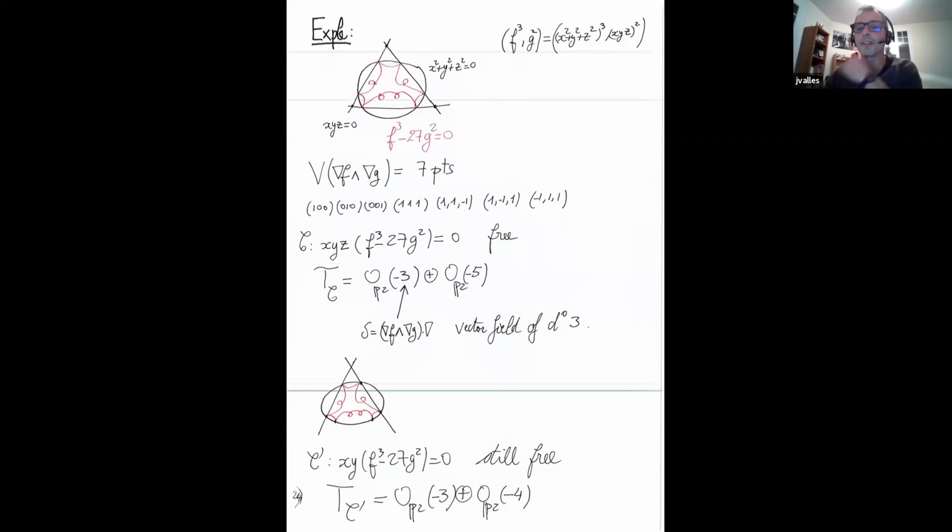I don't know. This is a good question, but what is still true is that if you put together all the more singular members, then it is free. And what we try to do is to obtain the least number of members possible. That's why we were happy with this x, y, zeta, f3 minus 27g2. It's 3 curves of the smallest possible degree. Yes, this was the goal in some sense.